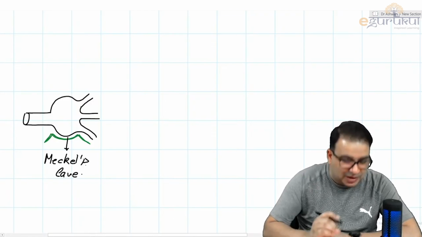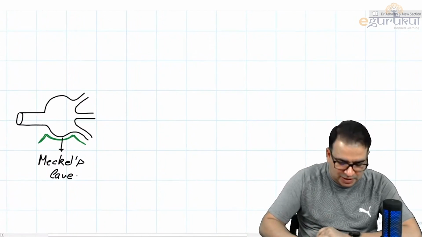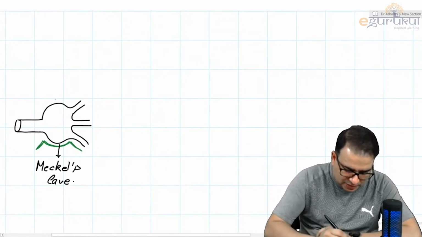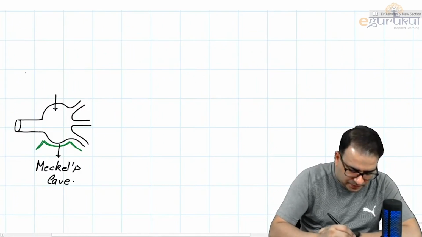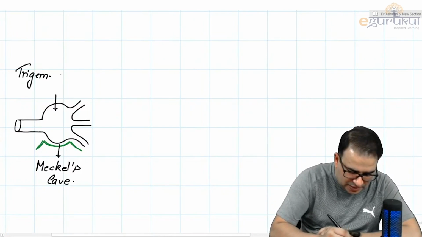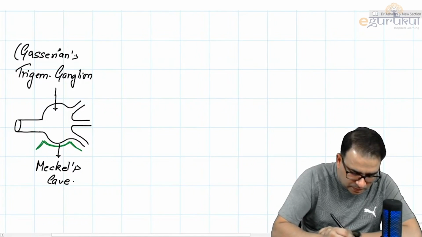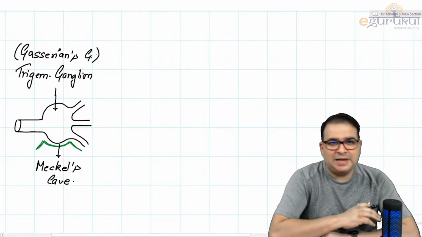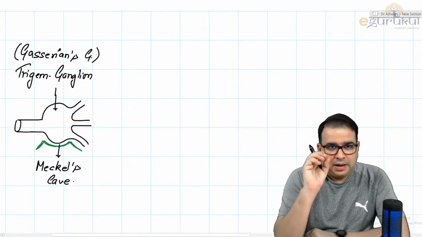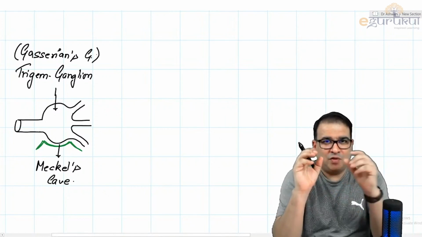Label it exactly when I'm doing it, क्योंकि हमें बाकी चीजों के लिए जगह बचानी है. तो बेटा, that is Meckel's cave. This ganglion here is called a trigeminal ganglion. Either you call it trigeminal ganglion, there's another name given to this. It is also called Gazarian's ganglion. Trigeminal or Gazarian's ganglion. एक छोटी सी पिक्चर दिखाता हूं आपको,